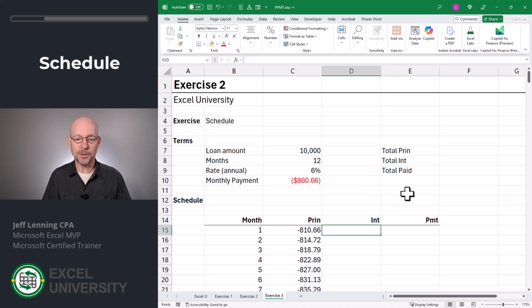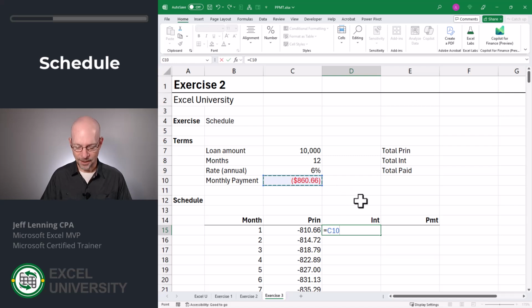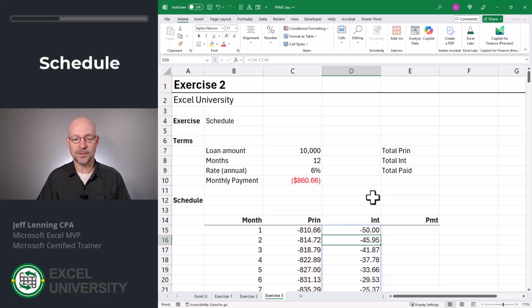Now, how can we compute interest? Well, the interest is really the difference between the monthly payment and the principal amount. So one option is to subtract them. So we could go equals our monthly payment amount minus this principal calculation. And once again, we'll use the spill reference operator and enter. And now this calculates the difference between the total monthly payment and the calculated principal amount